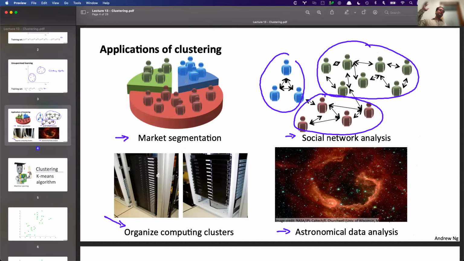Beyond environmentally specific uses, there's market segmentation. If you want to understand customers as different clusters, but you could also think of it like understanding ecosystem services and which species consume which things, and